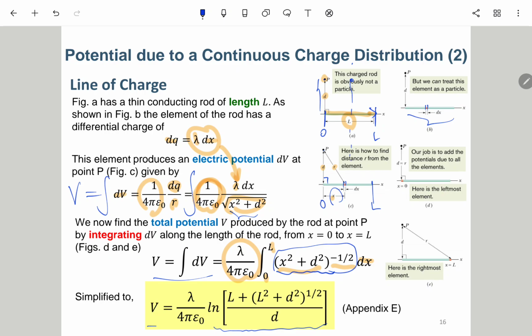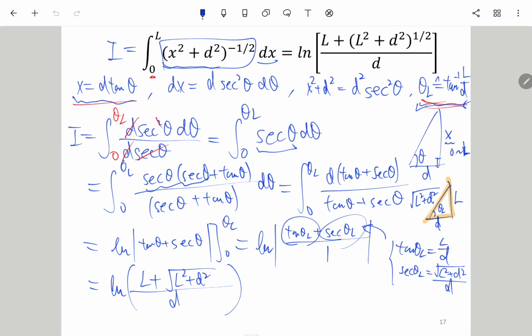I think it is still doable with hand calculation. If I remember correctly, one of the selected problems is like this. But for other positions, the integration is not that good looking. Okay, so